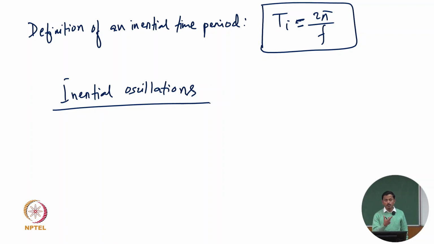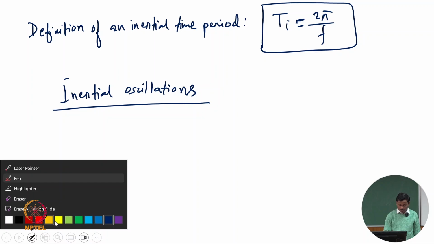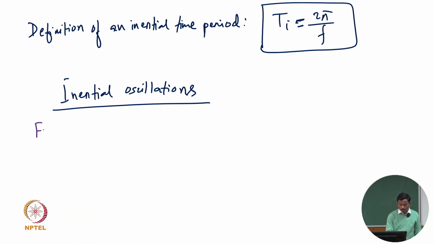So a free particle which is moving in a rotating plane, in the horizontal plane, and rotating about an axis which is perpendicular to the horizontal plane, will do circular motions, and these oscillations are called the inertial oscillations. So for a sphere now, we have done it for a simple case, a particle moving in planar motion. Now for motion on a sphere,